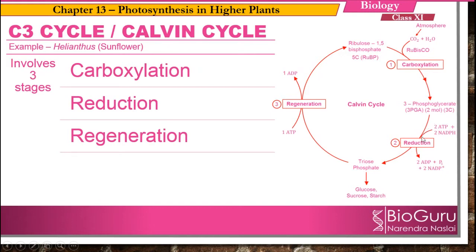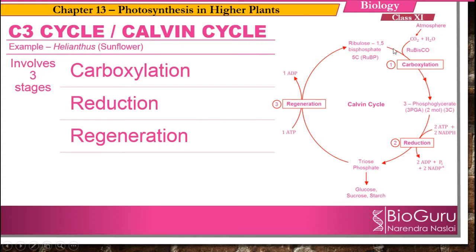This reduction step involves a series of reactions which forms sugar, that is glucose. Afterwards, after the reduction steps, there is a regeneration of RuBP, that is ribulose 1,5-bisphosphate. During regeneration of RuBP, once again 1 ATP molecule is utilized. Now, you have to count how many ATP are utilized and how many NADPH are utilized. Clear? And how many carbon dioxide.